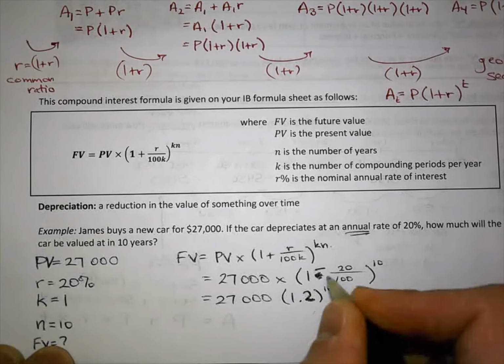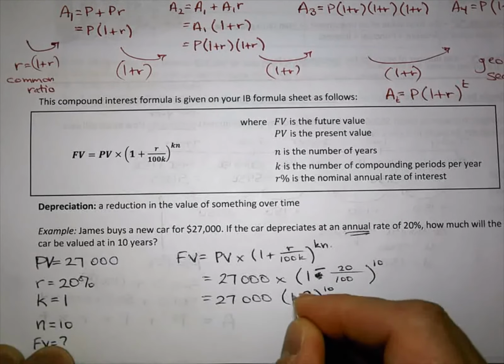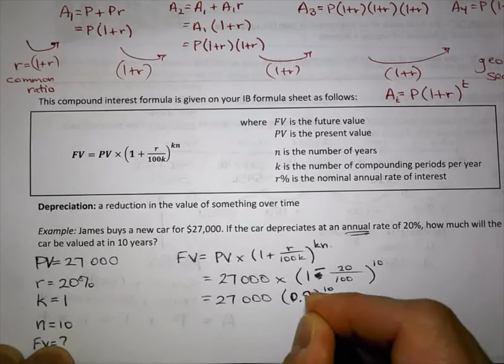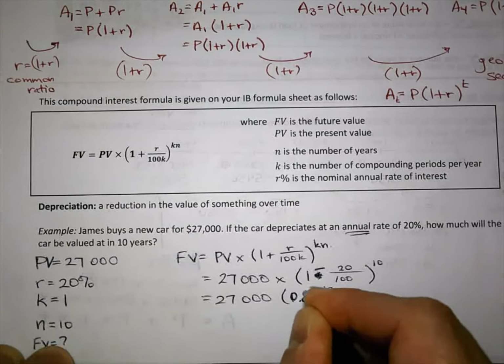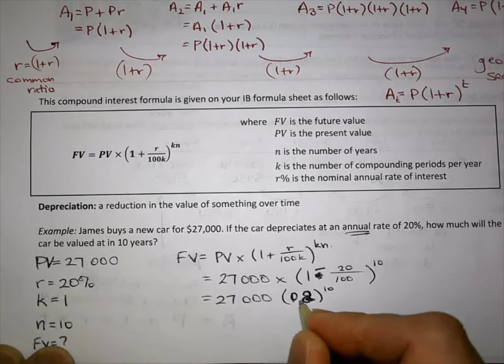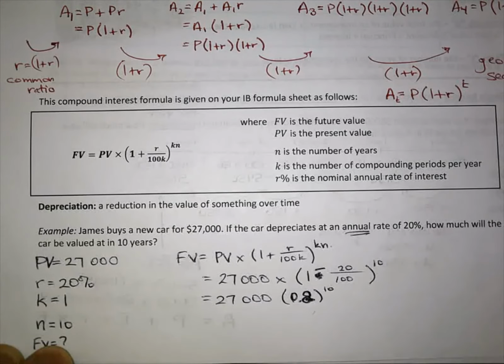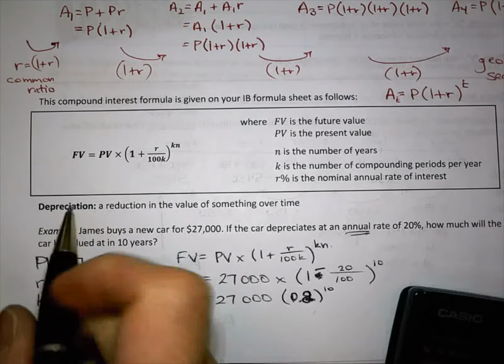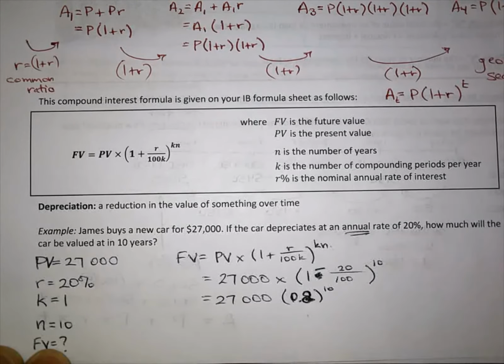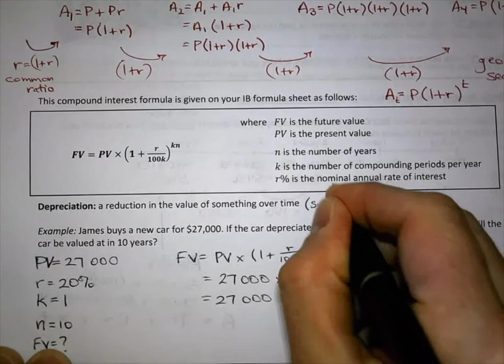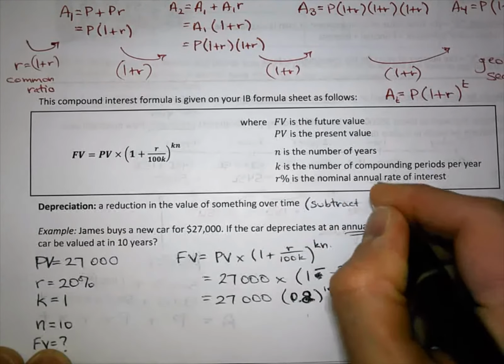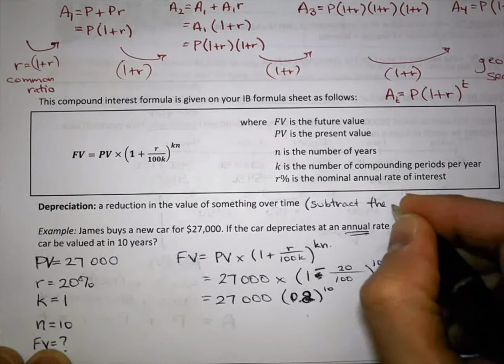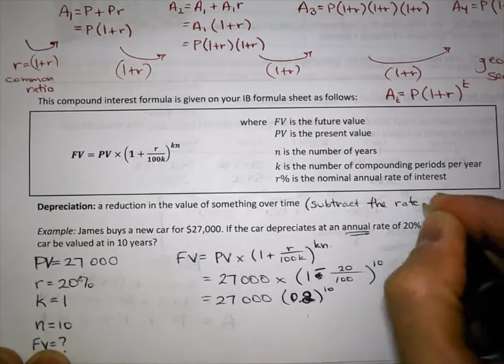This is a depreciation question. So we have 1 minus 20%. So every year my new value, or my new amount, is 0.8 of what I had before. So anyways, a little bit different because it's depreciation. I should make a note of that maybe. Subtract the rate instead